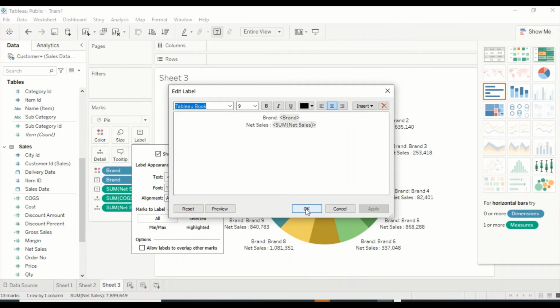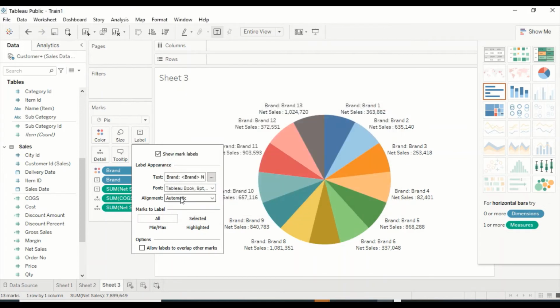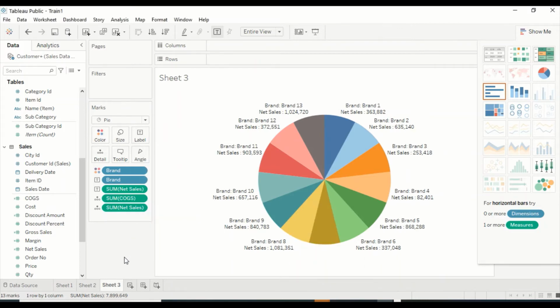Now, this is very specific to Tableau. The one great thing you have is that you can design your own custom tooltip label by yourself. Then you have font and alignment and all those things which you can control. If you say allow labels to overlap the mark, for this one it is not coming, because Tableau is taking care that they are not overlapping. But if you allow this, you can see an overlap can happen here. Okay, fine. So I am done with this.